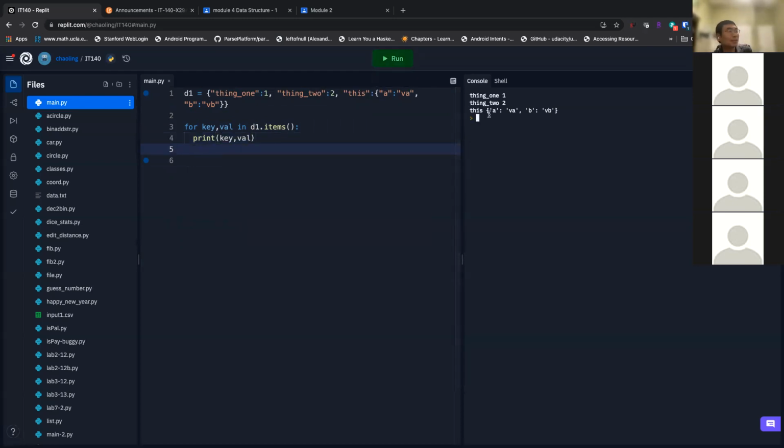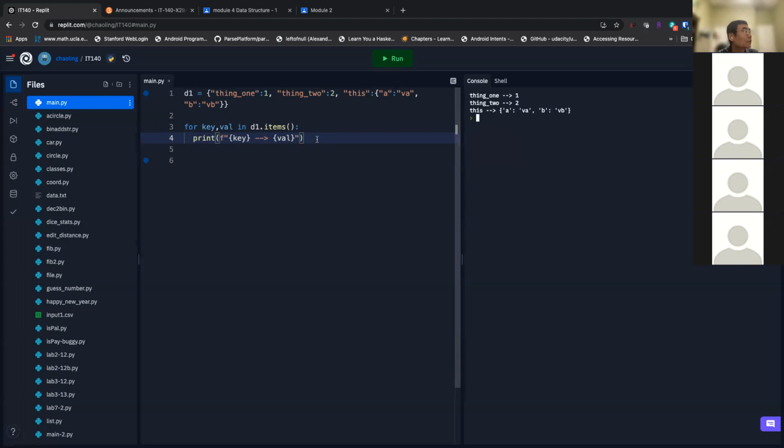Okay, so you can see thing 1, 1. I can even make it formatted nicely. Key and value are variables, so I just need to do this. Now you can iterate through this key-value pair and run it, and you can see the key and value being printed out.